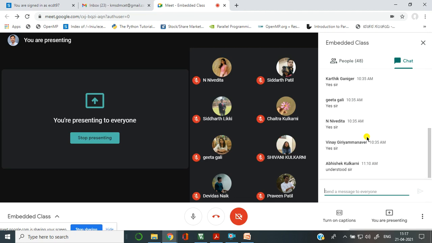Okay, try this out, because in the next class we will go for load store instructions. We have done with load, and we'll go with different store instructions, and we'll try to understand how a block of data can be moved from one address location to another address location.